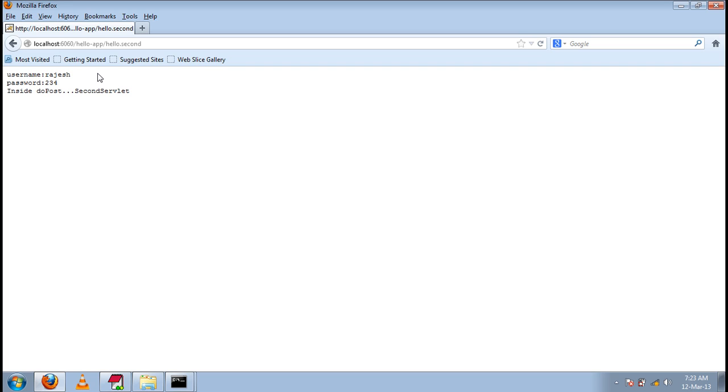So we should add hidden form fields or URL rewriting. We should perform the same for each and every request. Then only the session will be maintained using hidden form fields or URL rewriting. But are we doing the same in case of cookies? We just add cookies once and they will be available till the browser is closed. Making the state information available for subsequent requests will be done by the browser itself.